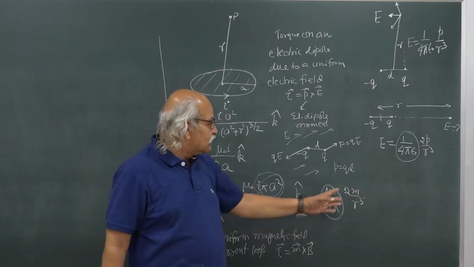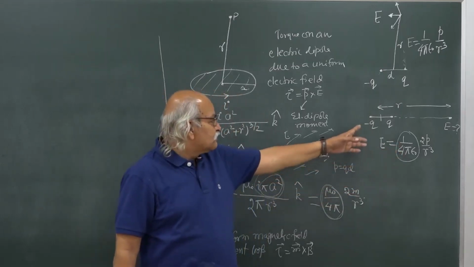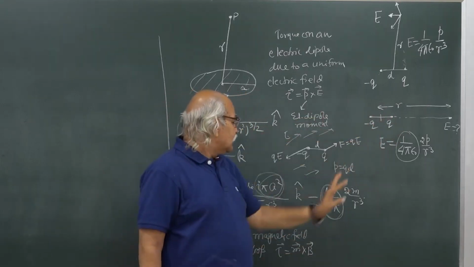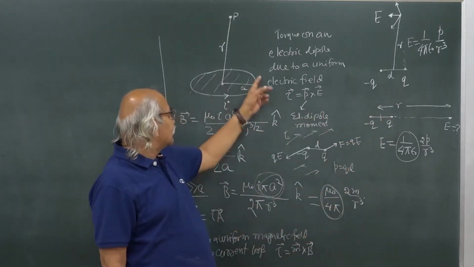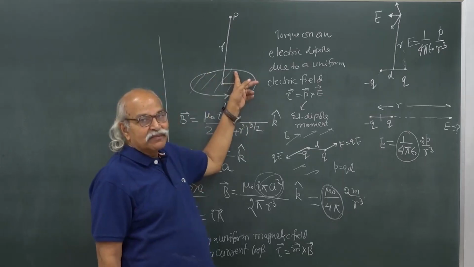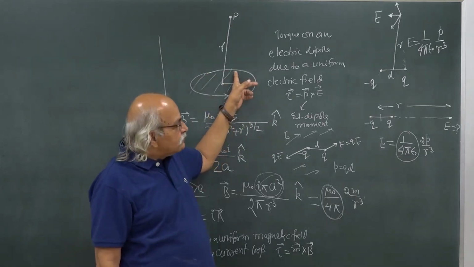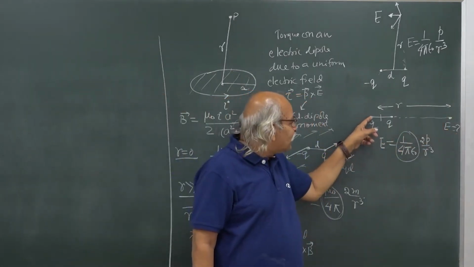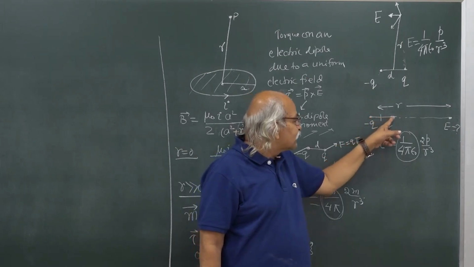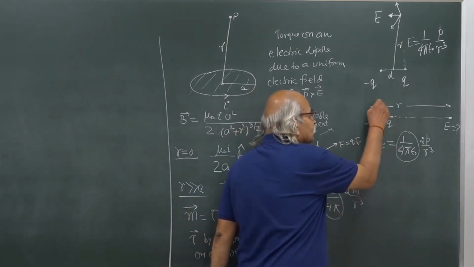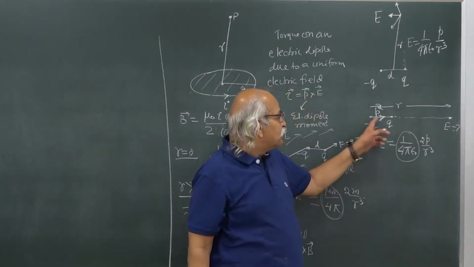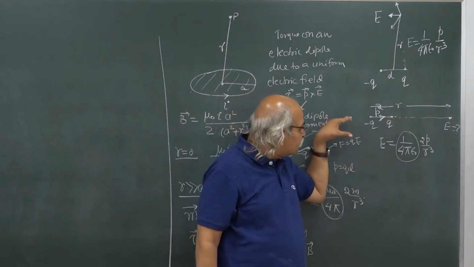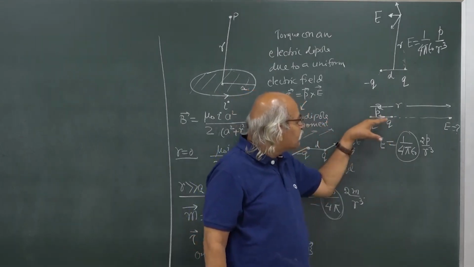So, this situation is very similar to this situation. This we are calling an electric dipole with dipole moment P. Similarly, here we are calling it a magnetic dipole with magnetic dipole moment M. But then the point is on this dipole axis. This is the dipole moment direction, the p direction, from negative charge to positive charge, and in the direction of the magnetic moment,